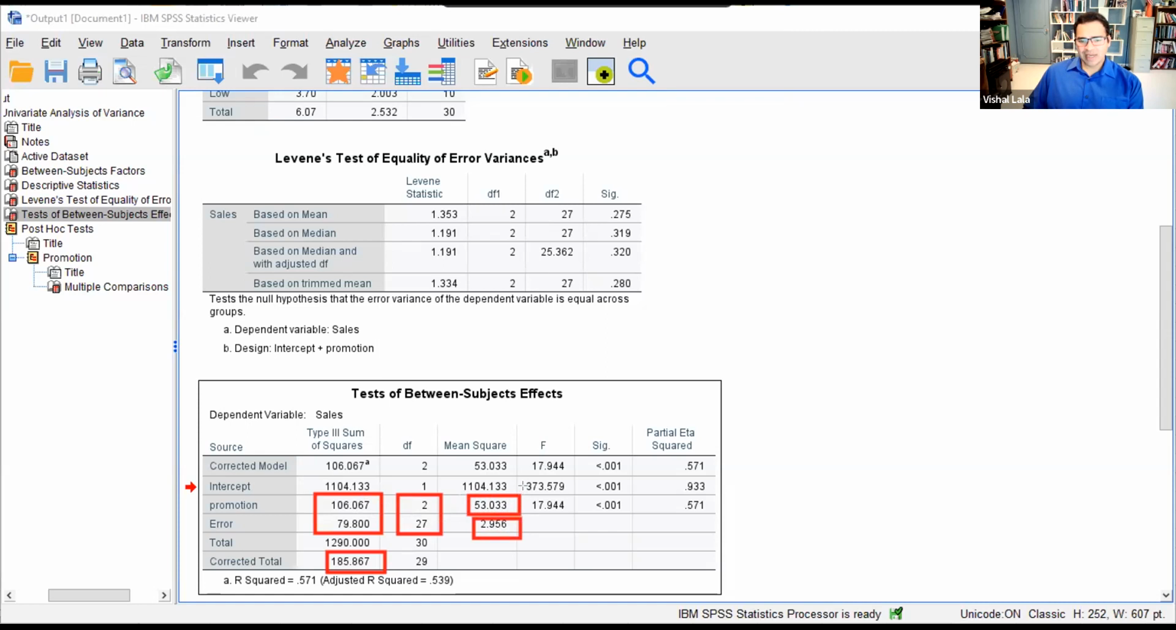That ratio is 17.944. In other words, this is telling us that there's much more between group variation than there is within any promotion group. And that is reflected in a large F statistic of 17.944, with a p-value less than 0.001. In other words, this leads us to conclude that